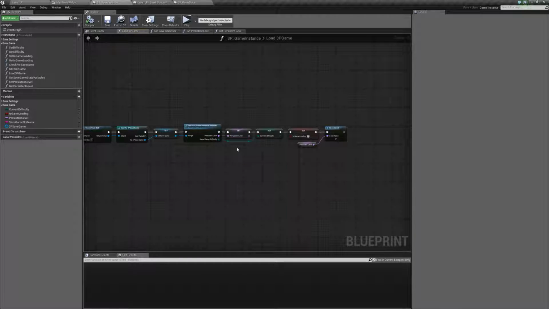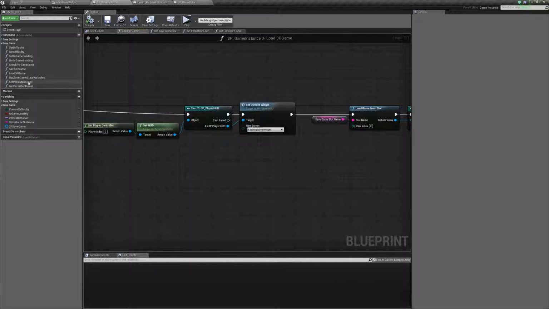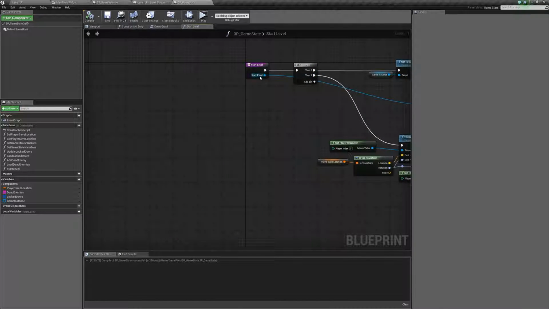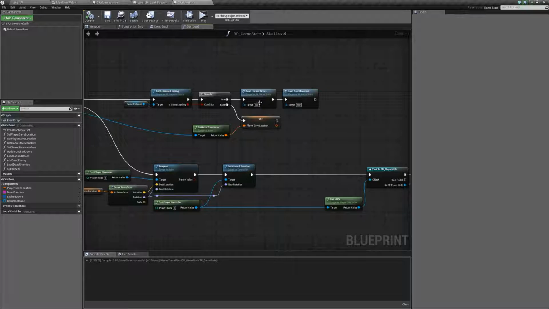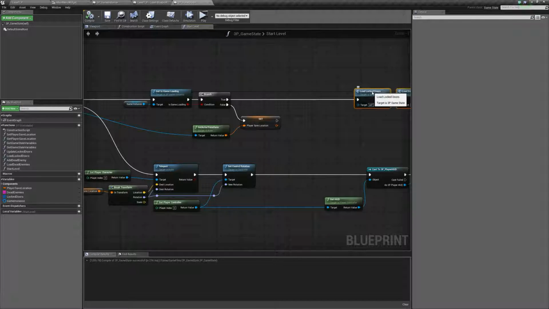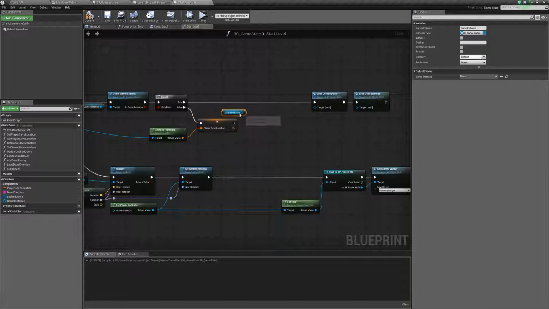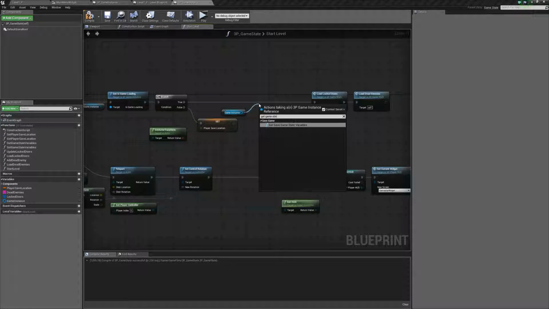Now we haven't set our game instance variables as of yet, but we do have a function to get the game state variables, and we can transition those over to our actual game state. So when we start the level, we're going to find out is the game loading, and we're going to perform a branch, and then we have this load locked doors and load dead enemies, but we have to make sure that we grab everything from our save file. So we're going to want to grab the game instance, and we're going to call on the function to get the game state variables,